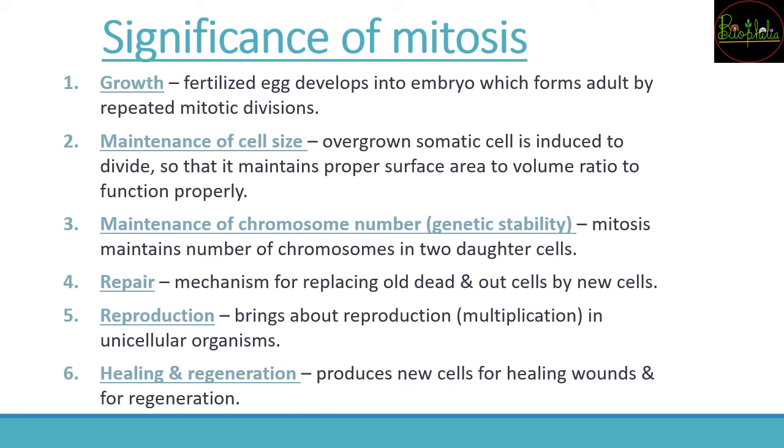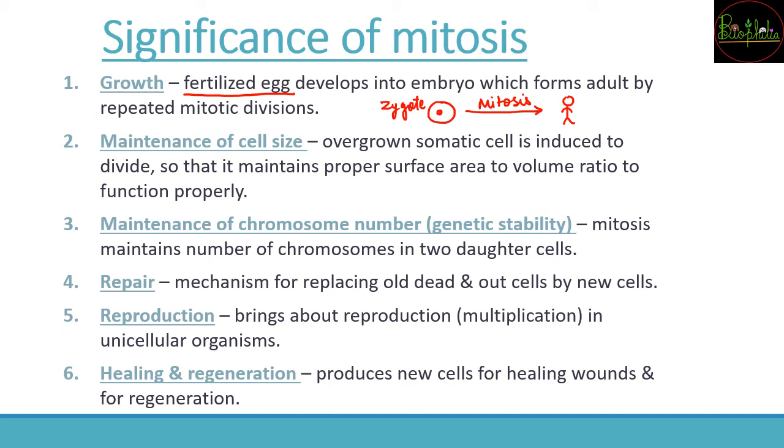So like a fertilized egg, a fertilized egg will form the zygote. So your life started from one cell, that was your zygote, and the zygote has now become an adult man or an adult woman. This change occurs because of repeated mitosis. In a zygote, mitosis keeps happening many times,